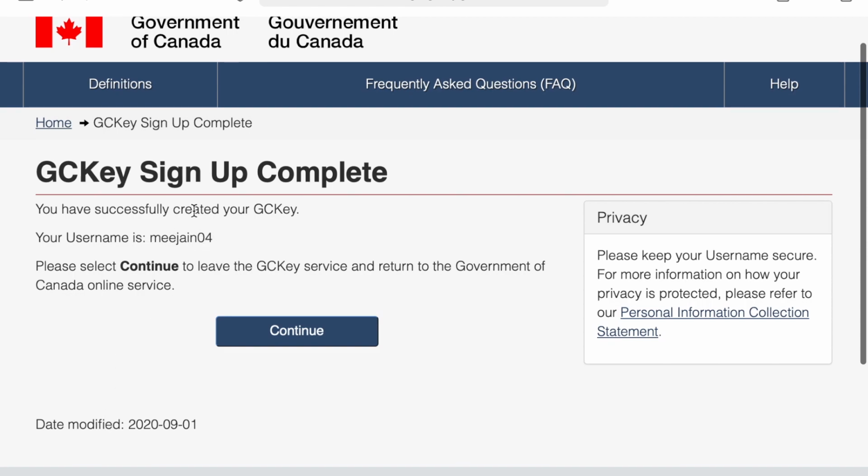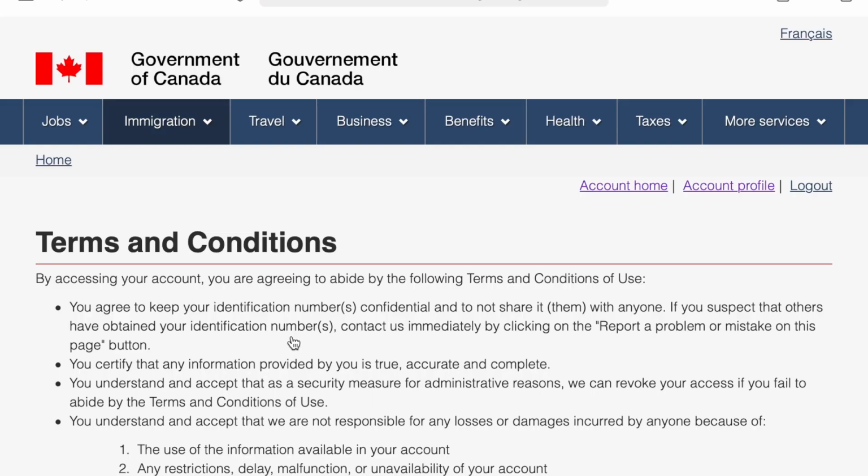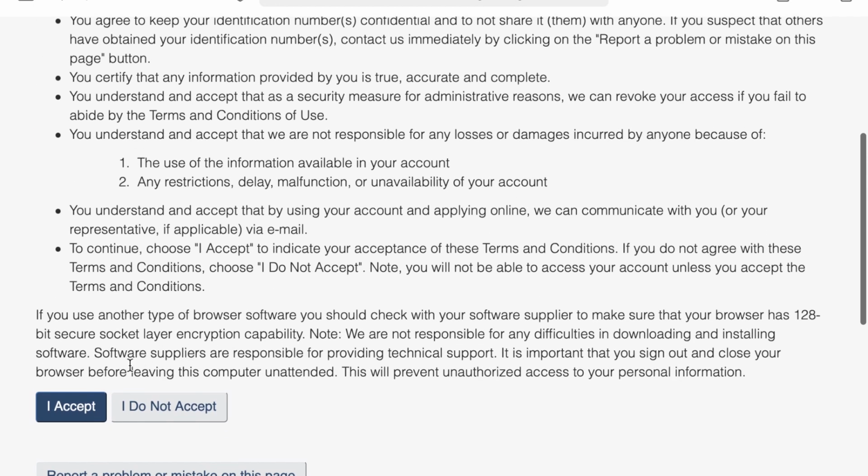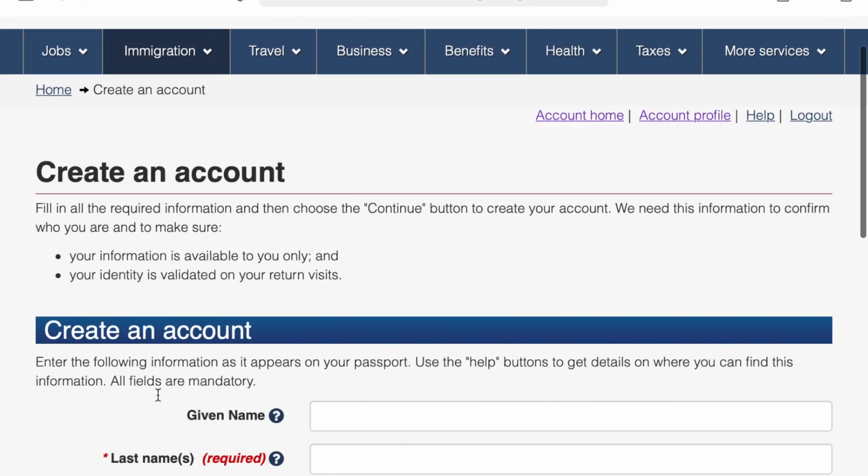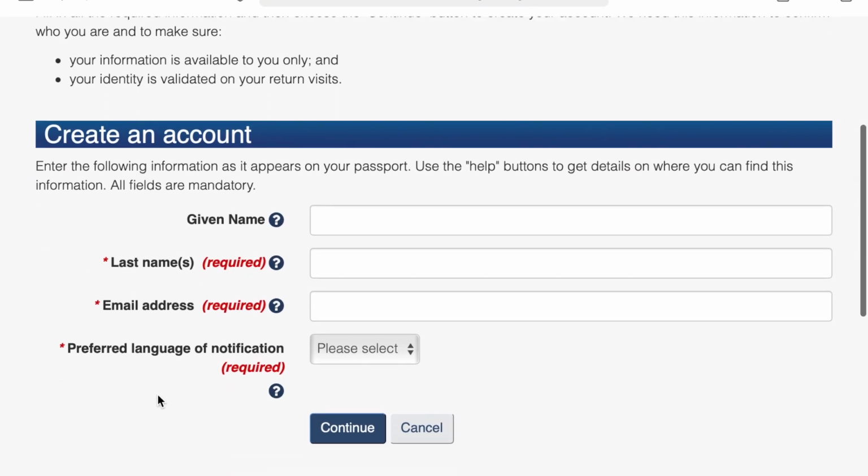So it will be our username. So these are some general info as per our passport.